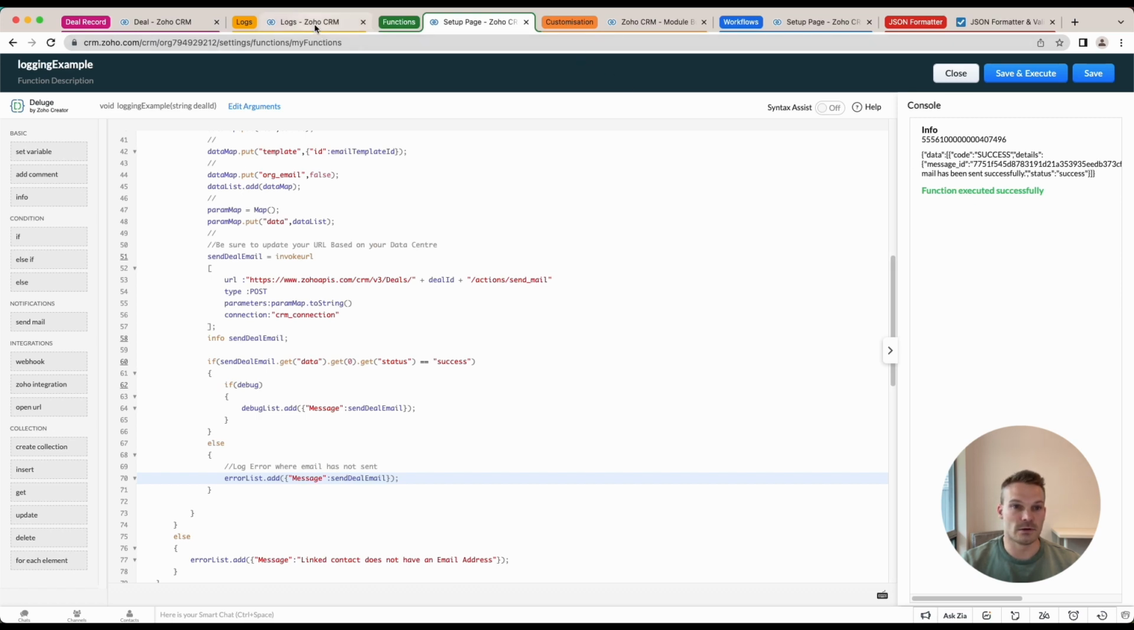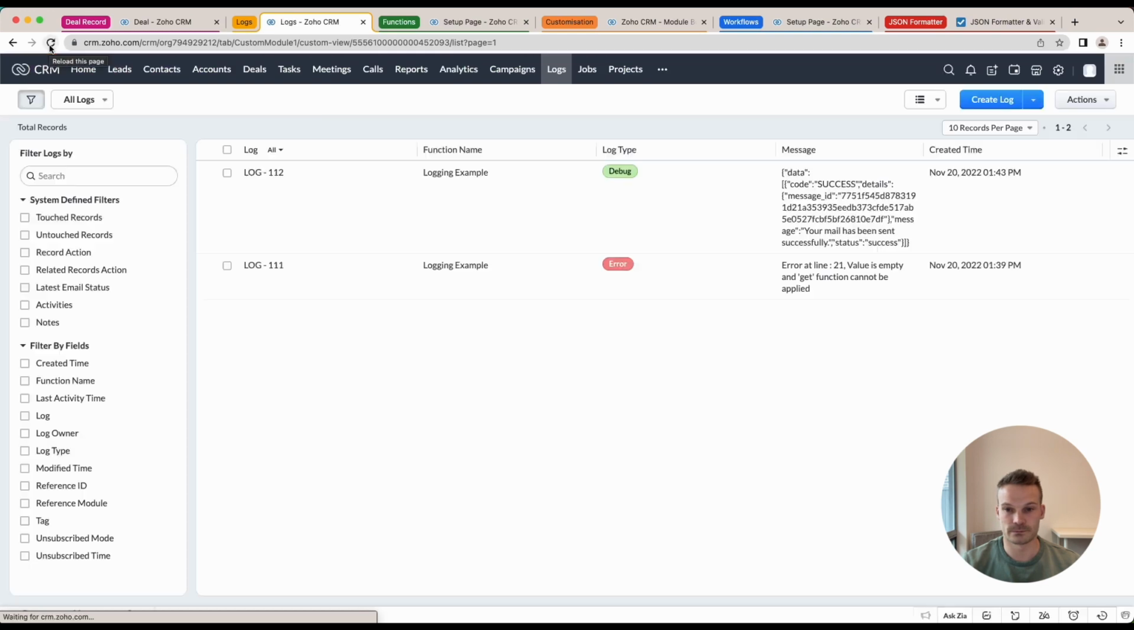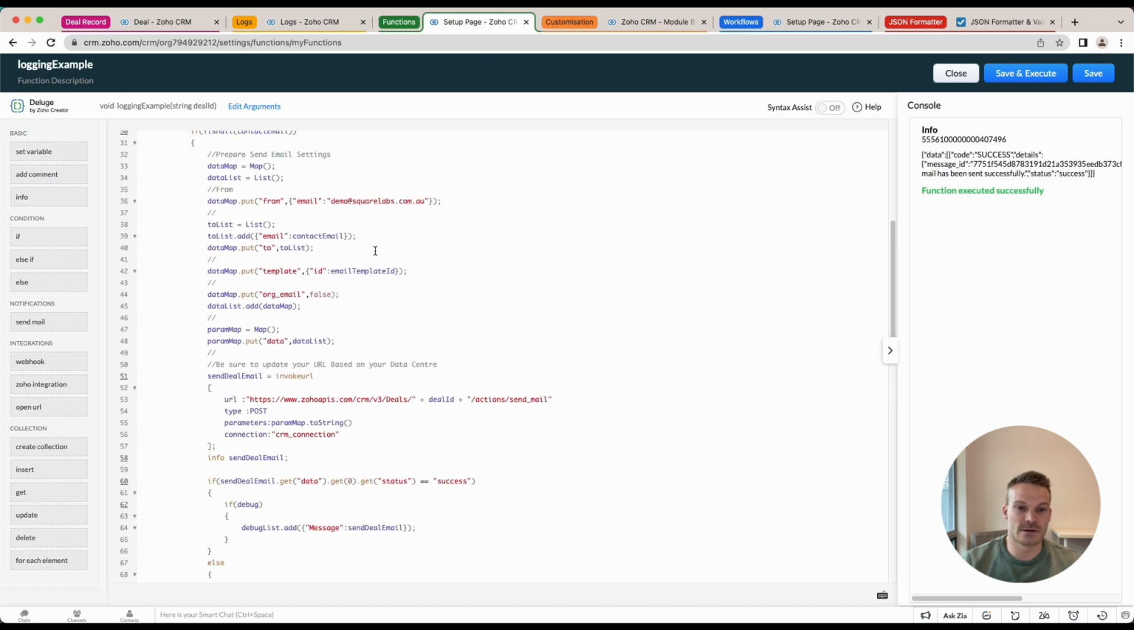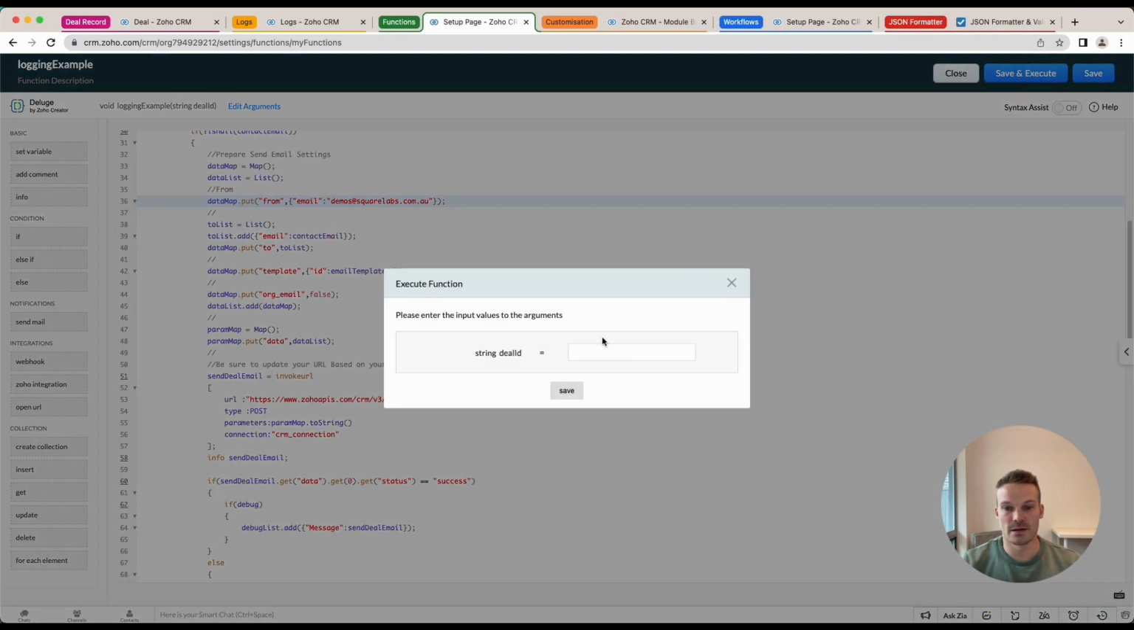If we go to our logs and refresh, we can see here we've got our debug in green. We know that the data is code success, right? So everything's working fine. If we go back to our function, say we put in the demos again, and we now trigger it, put in our ID,